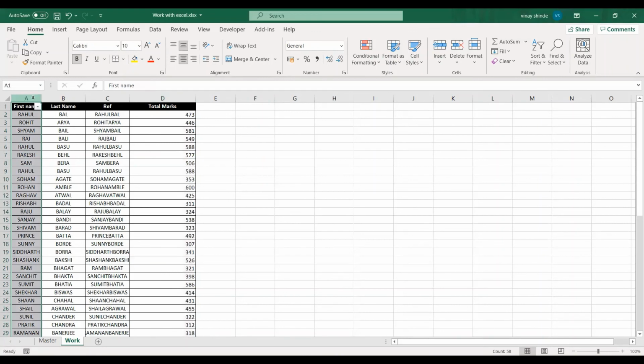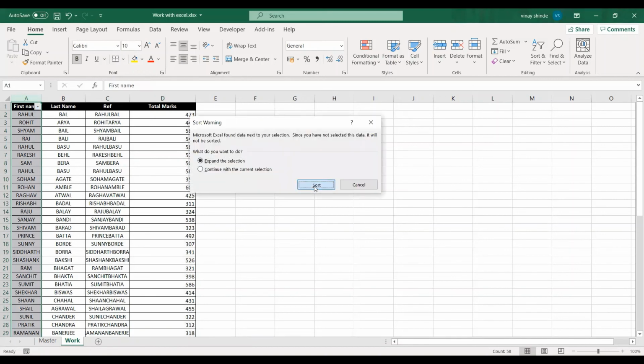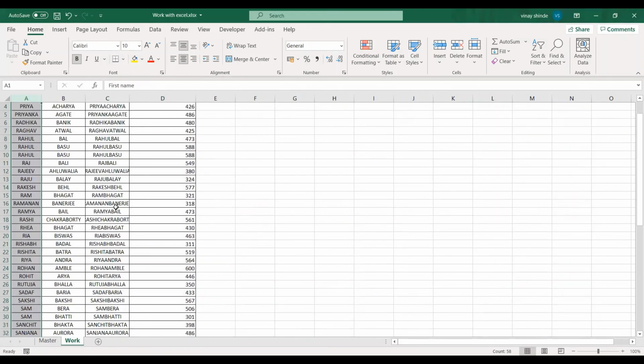So here, let's do one thing. Let's sort it from A to Z. So now all Rahuls are together with different total marks. Okay.